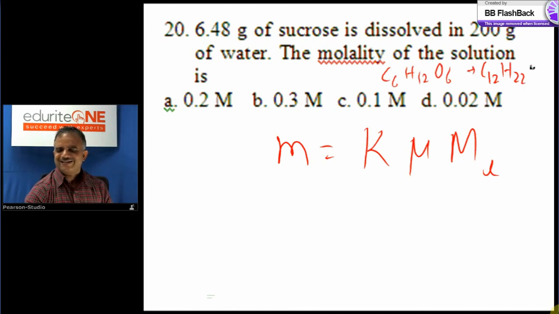C12H22O11, right? I don't even compute the exact value, it is not necessary. You should know how to do it quickly. See the answers first. I told you molality I want, and the answers are just 0.1, 0.2 and so on. So these are the 4 answers, which means I really don't have to compute exactly. That accuracy is not required.